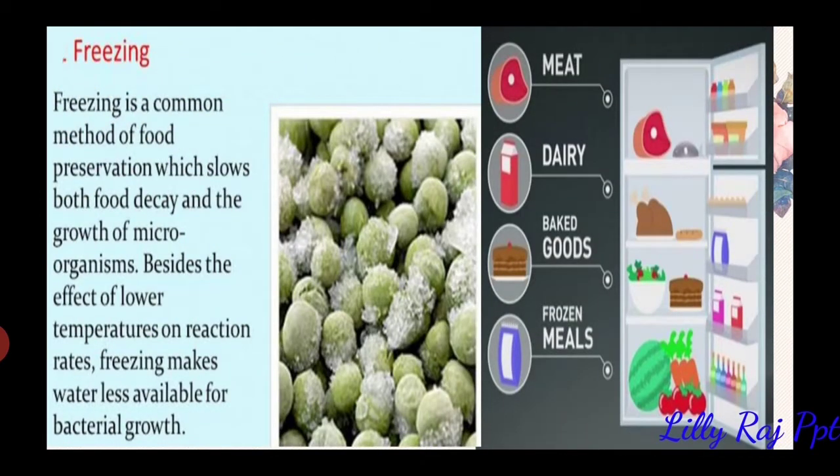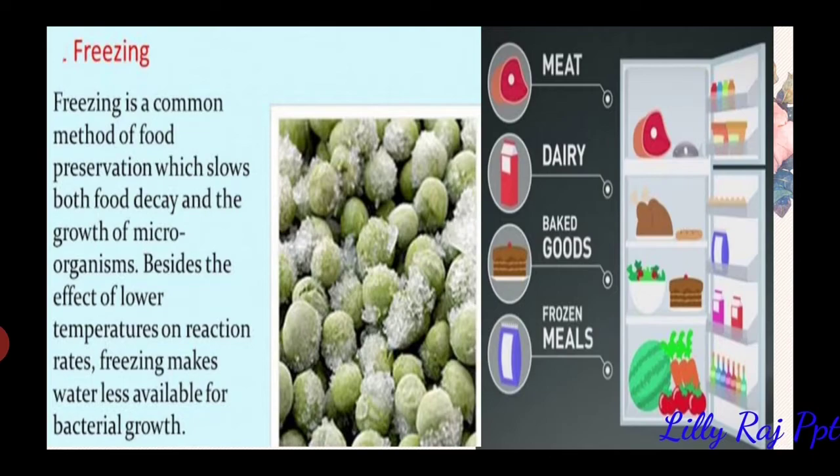The next one is freezing. In day-to-day life we use refrigeration. Microbial growth and enzyme activity in frozen food items can be prevented by this method. Where there is moisture, there are microbes. If the temperature goes to a very low level, the microbe doesn't grow; it is in an inactive state, so it cannot spoil the food. For that reason we use the freezing technique.